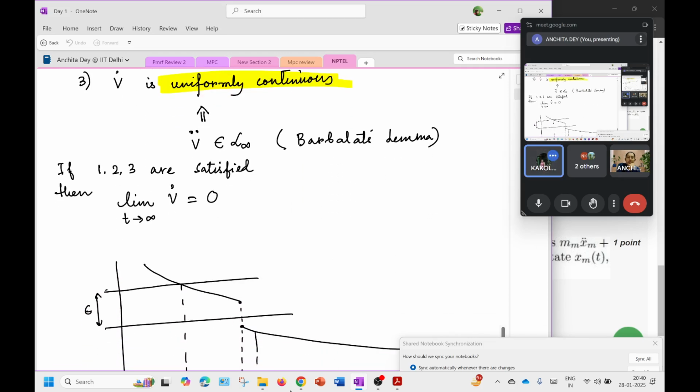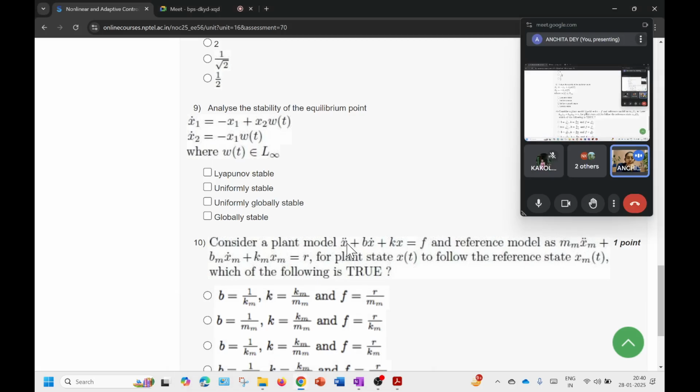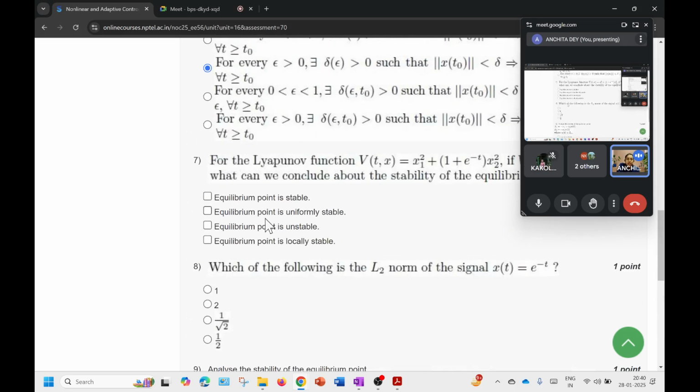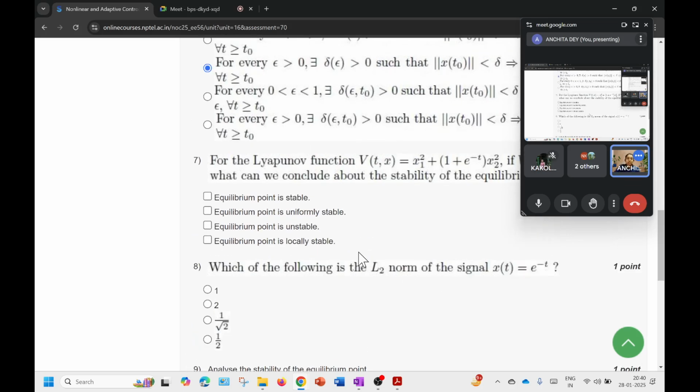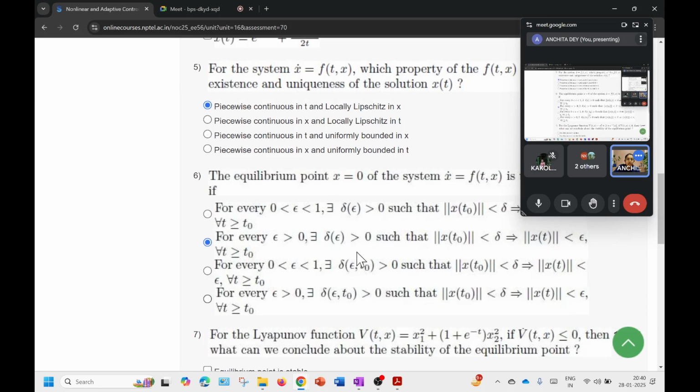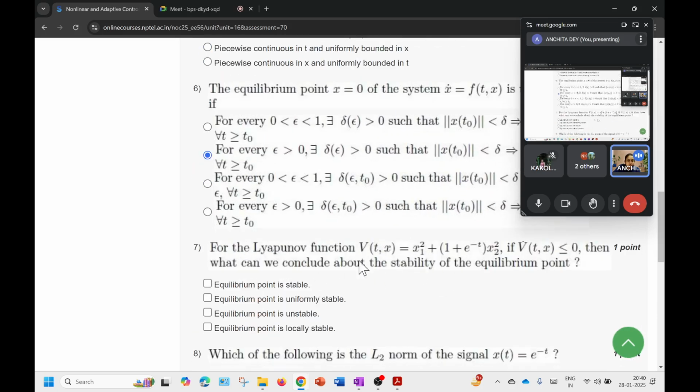Okay. So I think you guys can do these questions. This is simple matching of the conditions. You have to match the two models. What should be the values of the parameters? This very given plant model is the same as the reference model. And the L2 norm you can find directly from the definition. I think it's already explained in the class. And yeah, that's it. So for this very question, question number 7, there were some other ideas